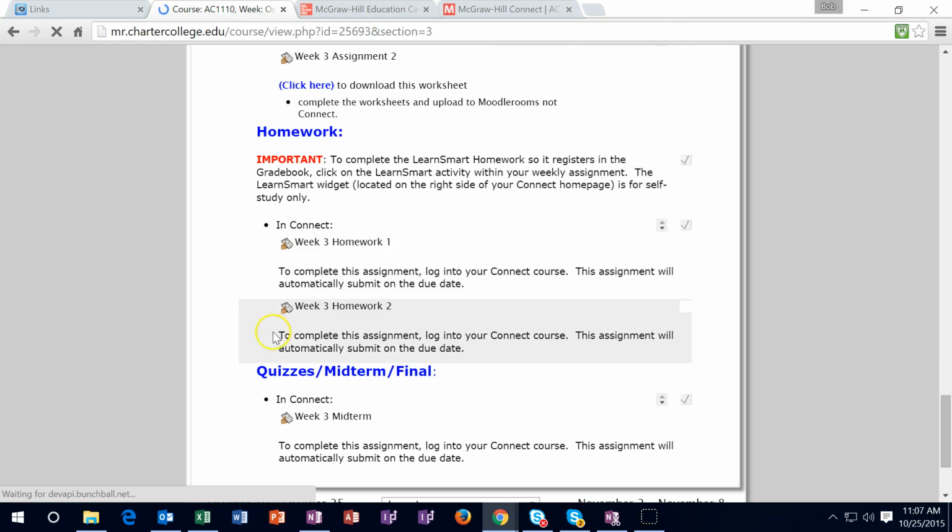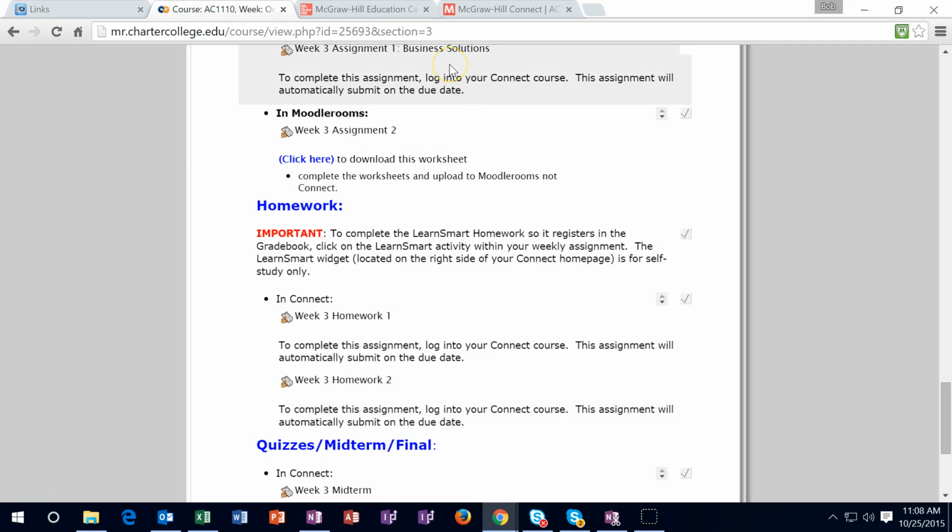Then the homeworks are going to be here. Remember, those are going to be the Learn Smarts. The Learn Smarts are going to be the smaller type of assignments, and once you have completed them, I recommend going back in there and doing them again if you want to study for something such as the midterm here. So if you want to study for the midterm, it's a good idea to use the Learn Smarts. These problems up here are generally longer problems, more like real life problems where you'd have the trial balance, you have too much information really, and you need to back out the information. The Learn Smarts are where we have limited information.